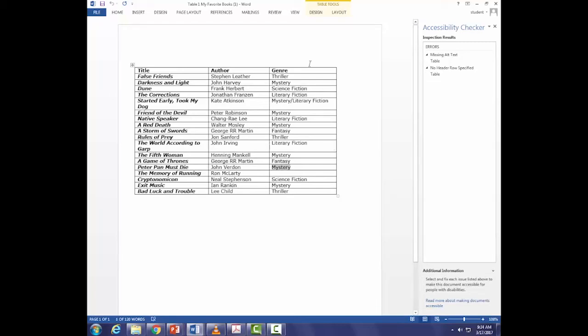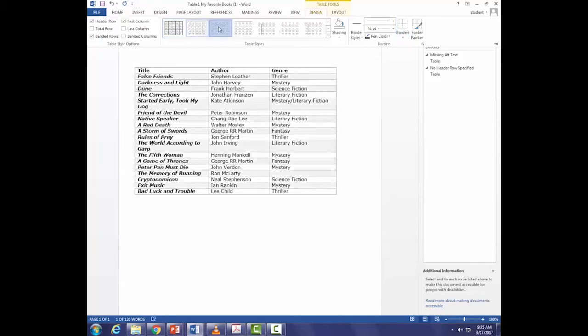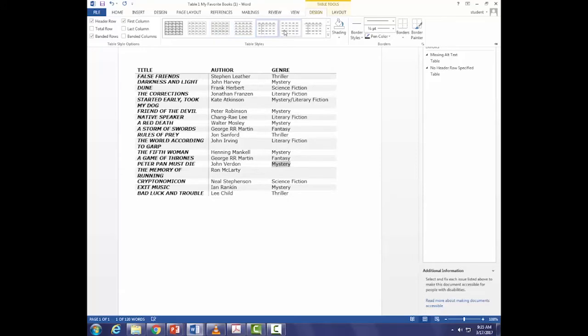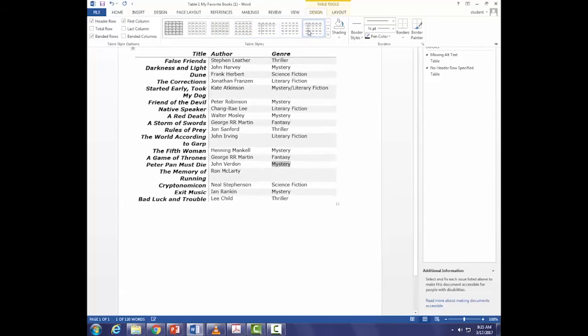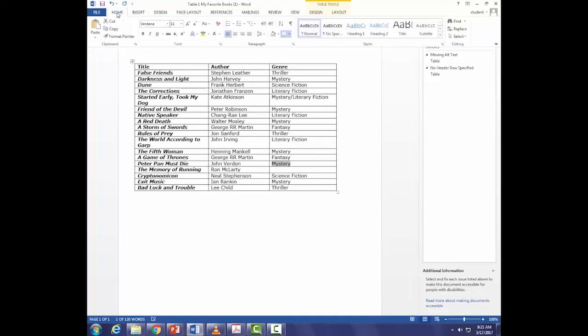Say I don't like the way this table looks. I can go to the design of this table under table tools, and I can make this table look different ways. That's fine. I can do whatever I need to do as far as the layout, how the table looks. I'll just stick with that one. I want title, author, genre to go every time there's a page break. I want that header row to go with it so people don't have to flip back and forth. They can see the data that I'm trying to convey.